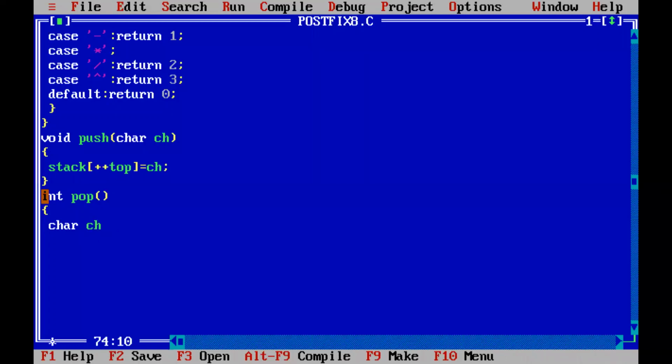Here I am declaring it as a character. Even though we are accepting it as a character, we will be returning it as an integer. No problem. So it will be character ch equal to stack on top, whatever operator is there, that will be copied into a variable called ch. Listen here, on top of the stack, whatever operator is there, that will be copied into a variable called ch.